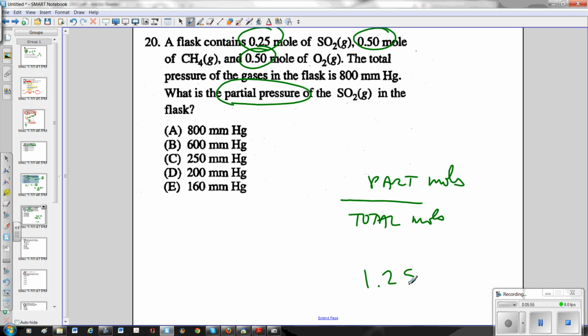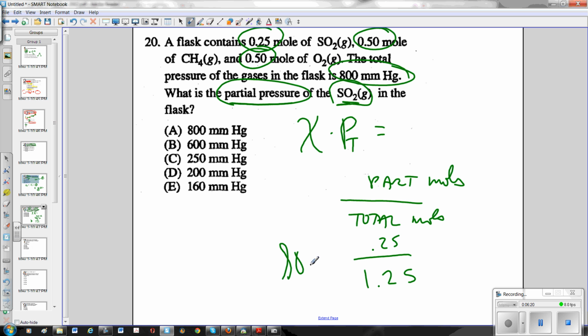Then the part that I want, the partial pressure, is for SO2. So I take the moles of SO2, which is going to be 0.25. I put 0.25 on top. Then I multiply. Remember, Raoult's law is mole fraction times total pressure equals partial pressure. So they told me the total pressure is 800. So I'm going to take 800, put 800 down here, multiply times 0.5 over